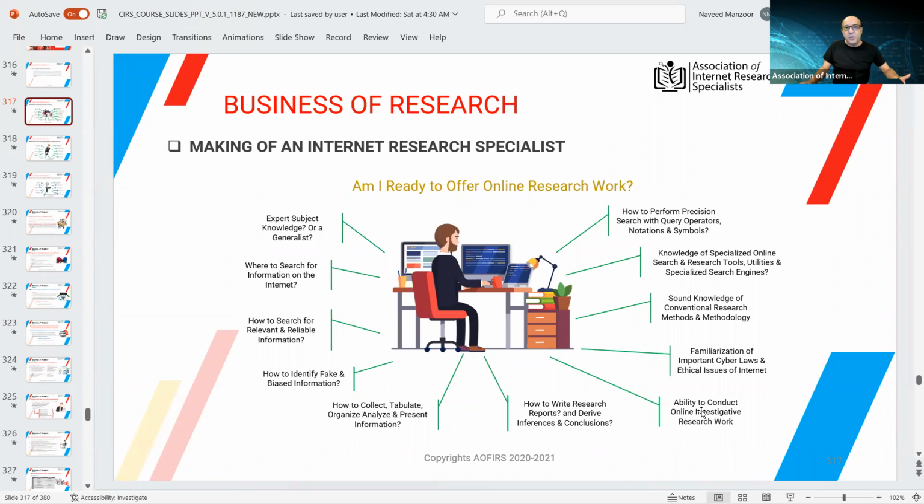Ability to conduct online investigative work, there is a different approach to it. If anything needs to be validated for data, for finding something as background information or tracking assets, that is what we call asset discovery. There are techniques and methods which are similar to OSINT tools, which is open source intelligence tools, as well as online investigative techniques. That is more profound, going a step beyond just learning how to collect information using your search queries. It is more to do with validation, verification, and checking.